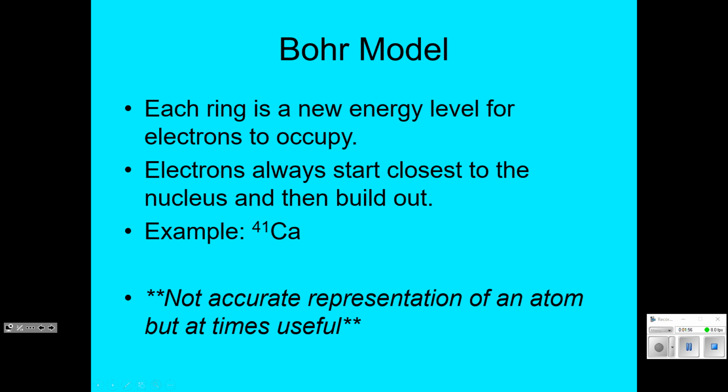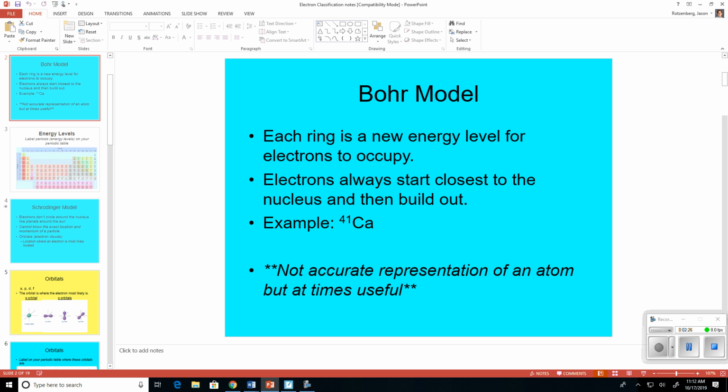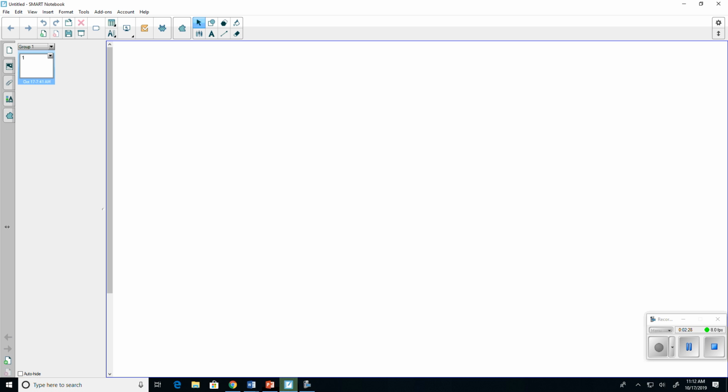The Bohr model of the atom is a very common representation of the atom. Now, as I noted at the bottom of the slide, it's not actually a fully accurate model of the atom. That's going to be the Schrodinger model we're going to go over in a little bit here. However, it is a useful model of the atom that sometimes we use. So what I want us to be able to practice is drawing a Bohr model. So the example given that we're going to do on your guided note sheet at the top here is going to be for calcium-41. So what I will do is I will go over to the Smart Notebook,